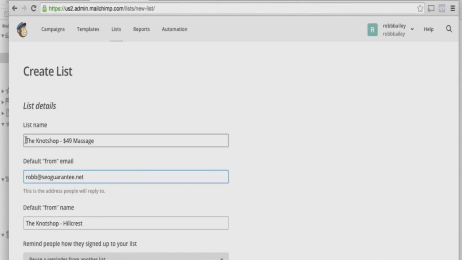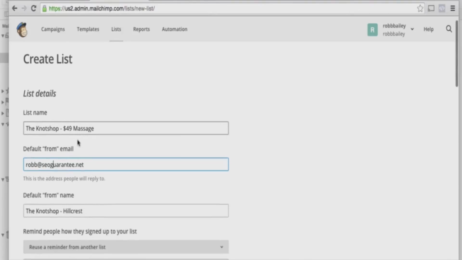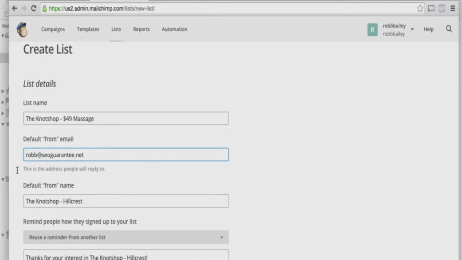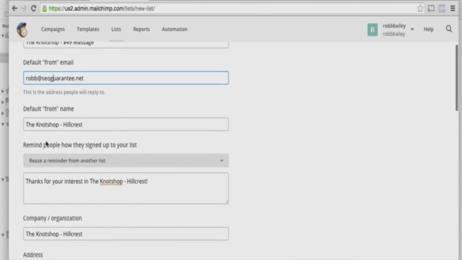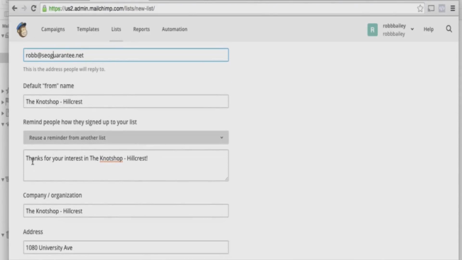And then what we want to do is actually take the name of the business first to fill out this first field here, and then put the offer right behind it. So you can put a default email in here. What you want to do is actually use the client's email in this area, and they have to verify this, so you want to make sure it's an email they actually check. But go ahead and pop in their default email. The default from name should just be the name of the client and then the location. And then this